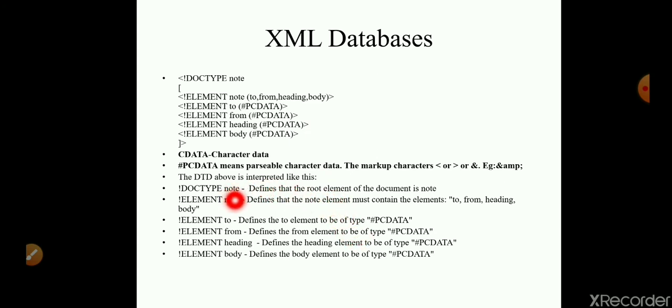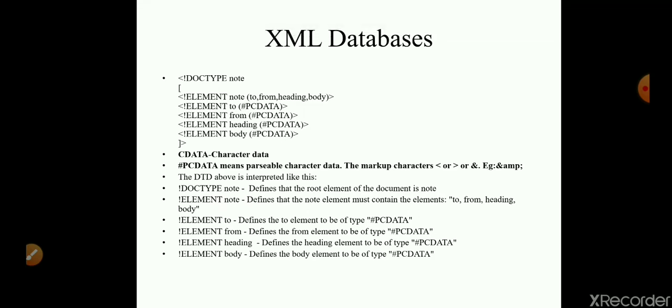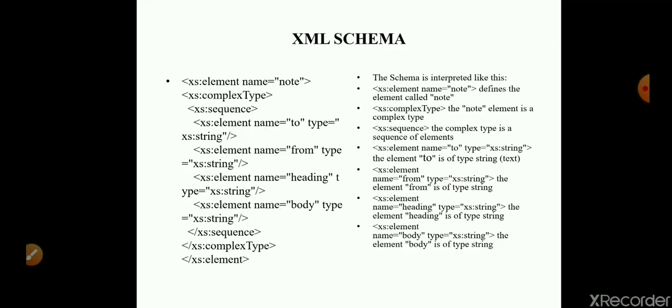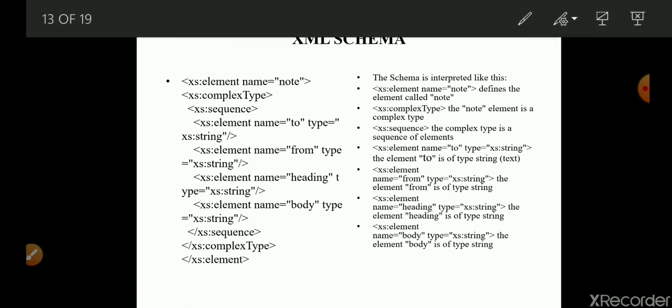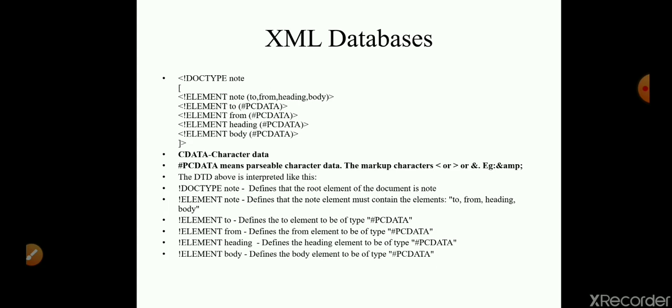The DOCTYPE note defines the root element of the document as note. The element note defines that the note element must contain all of these: to, from, heading, body.